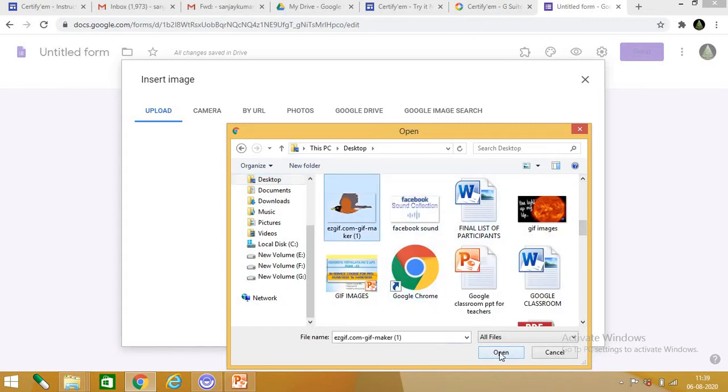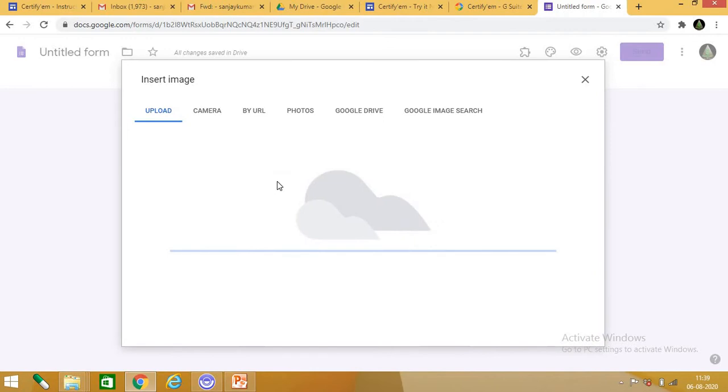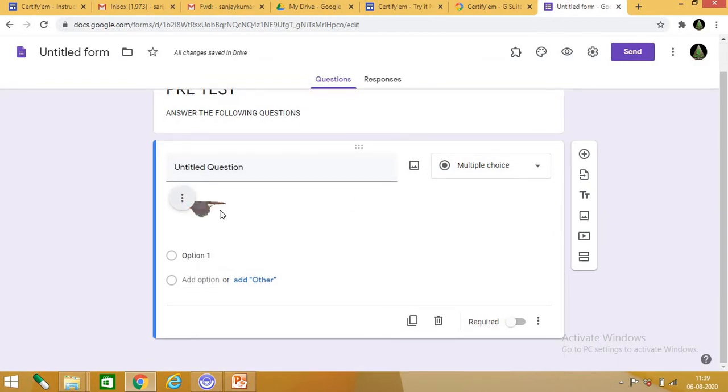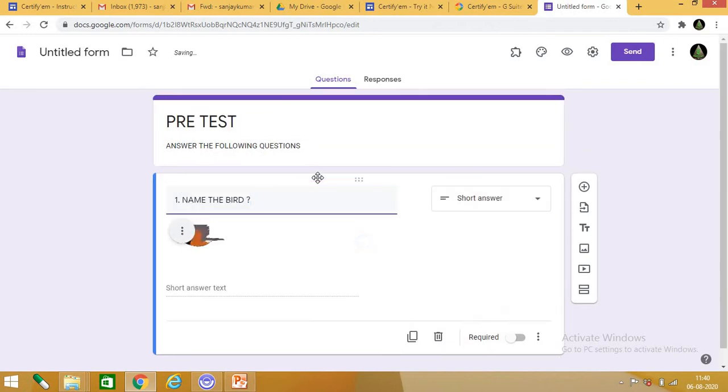Suppose I take this image. Then it will upload the image. Now see, I got this image here. So you can upload any image. My question may be, name the bird.